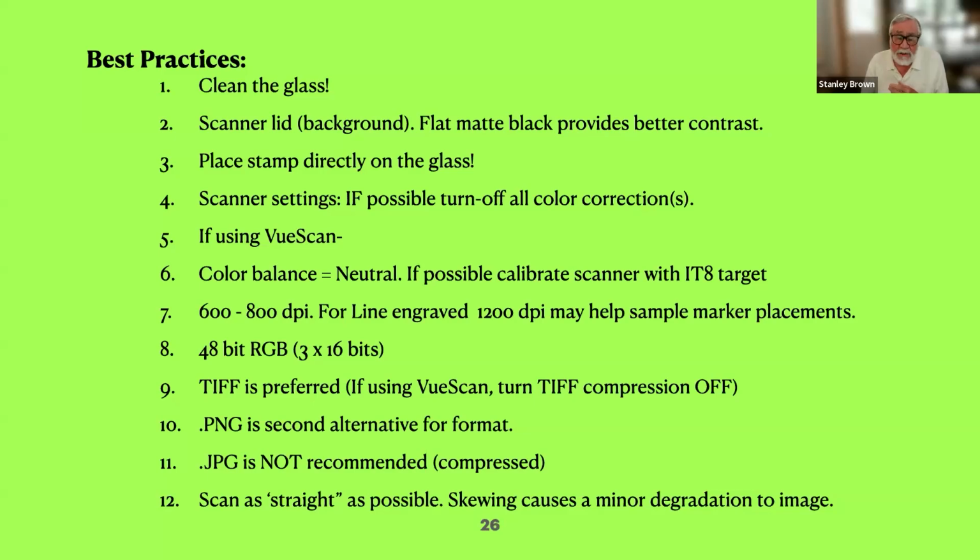So there are some best practices. These are my opinions. You may disagree. You may think some are unnecessary. First one, clean the glass. Every time,